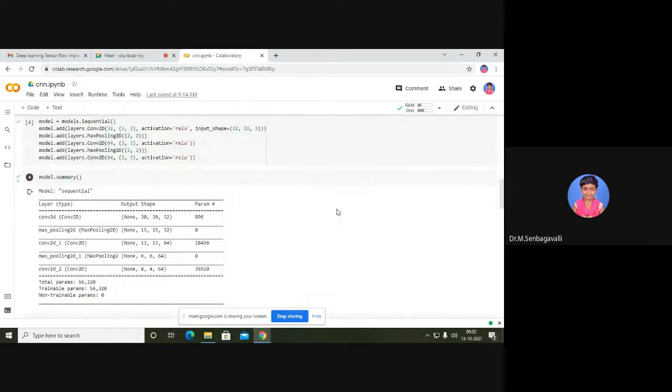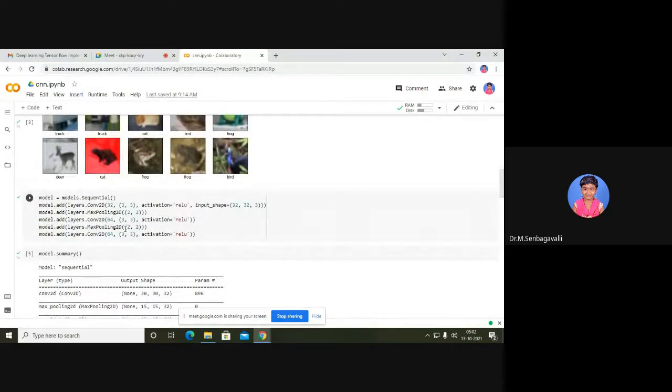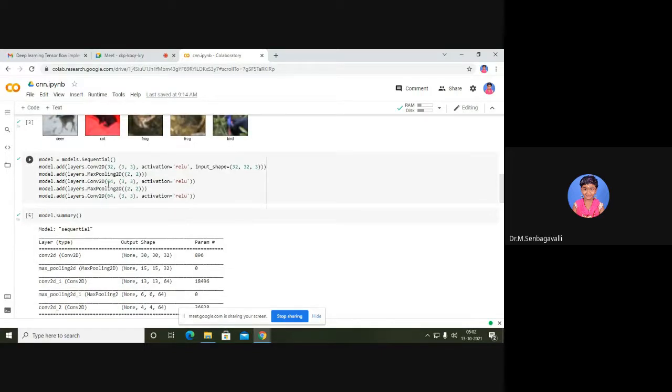Wait. Once we have displayed everything, what is the next thing we have to do? We have to go for creating the convolutional base. As I told you before, we have a convolution layer and a pooling layer, and in that you just see we have indicated the ReLU. So what is that ReLU? Any idea? Activation functions and all we already discussed.